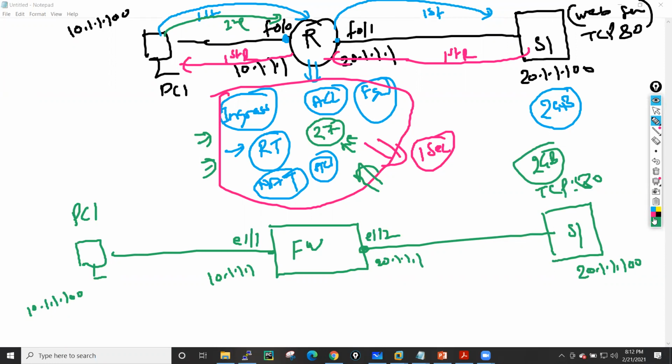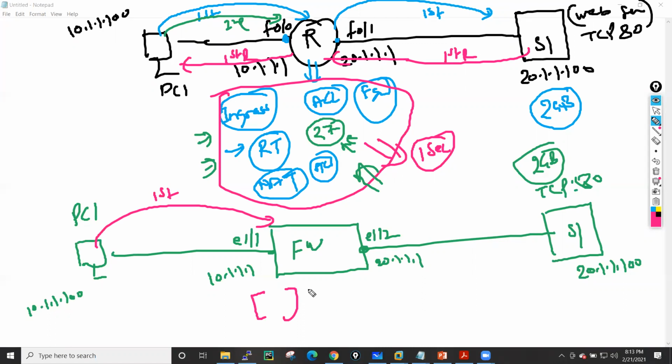On this firewall we have configured everything. We have enabled routing, enabled NAT, and configured security policies. All these things are already configured. So whenever this PC forwards the first packet towards this firewall, the firewall processes it against all the checks.